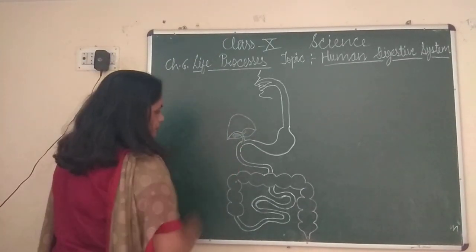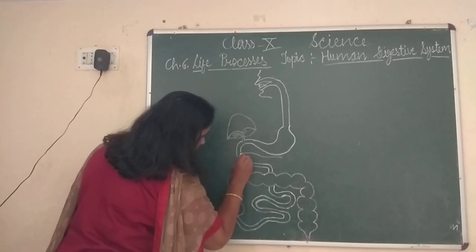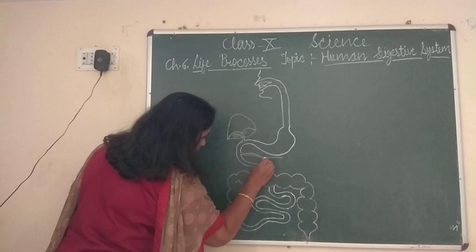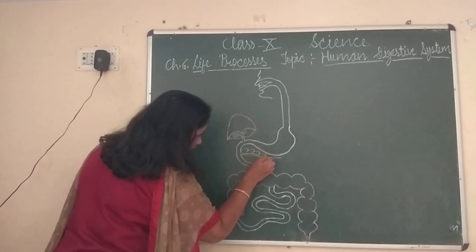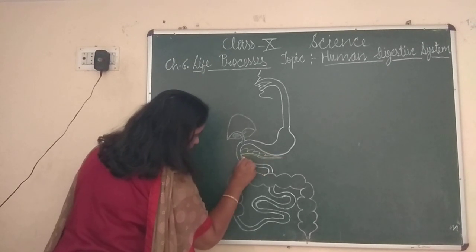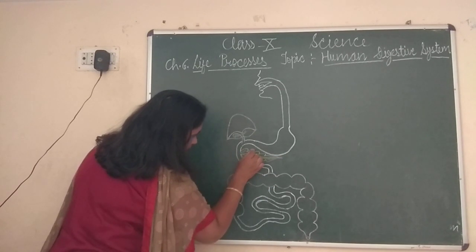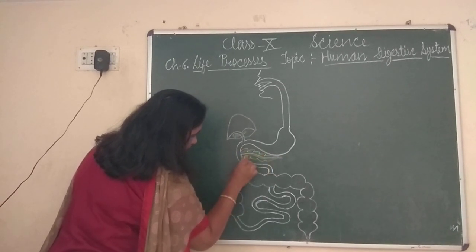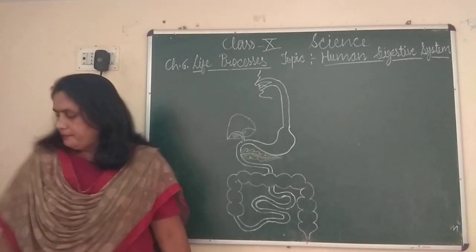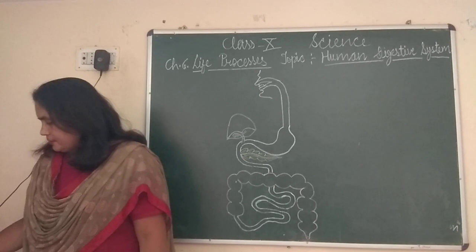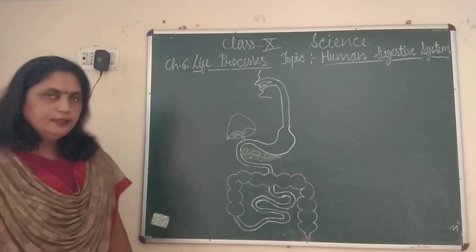Now from here, one more structure, just like a leaf. This narrow line, and then you just make it like a leaf. It doesn't matter at all, it has this type of structure only. So we can make it just like a leaf, and then you can shade it a little. Done. So children, you have made the diagram of the human digestive system successfully. You can pause the video and draw it.